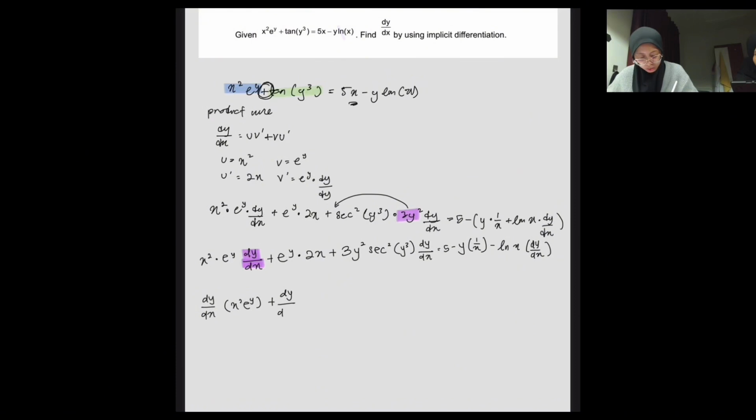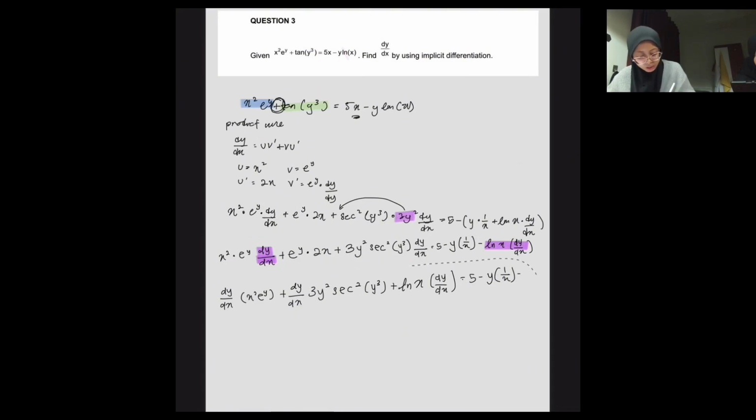So dy over dx 30y squared, and bring ln x dy over dx to the other side. So it becomes positive ln x dy over dx equals to 5 negative y over x